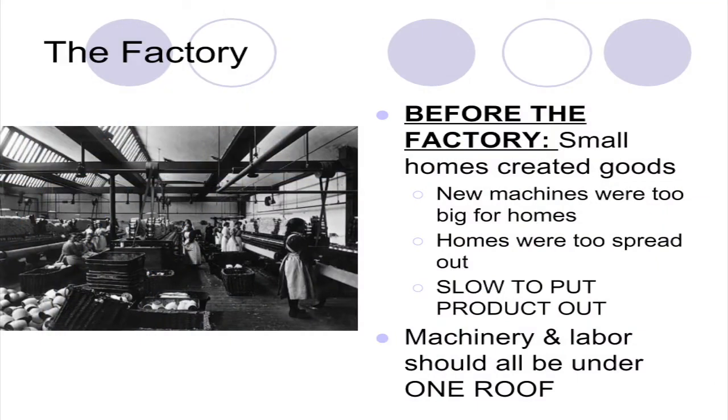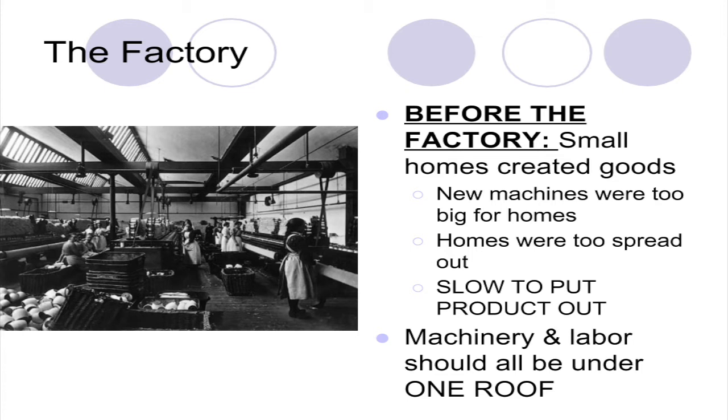The factory. Again, we keep talking about the factory, but remember, before this time period, people would stay at home. They would create items. Their little children, the wife, the husband, and they would go to a local place, turn in the fixed products, and get money in exchange for that. It took too long. And when we talk about supply and demand, that's a big deal. That means whatever people want, if you can't make something fast enough, the price goes up. So the factory was able to keep a lot of products for a lower cost.